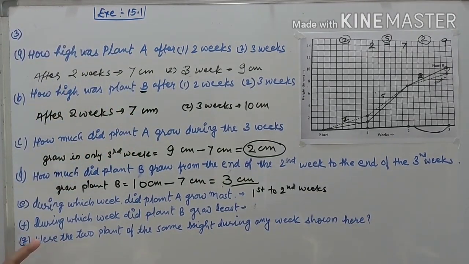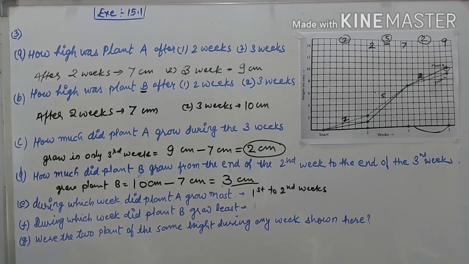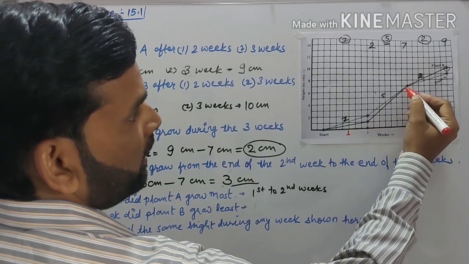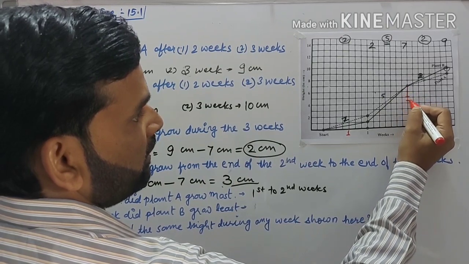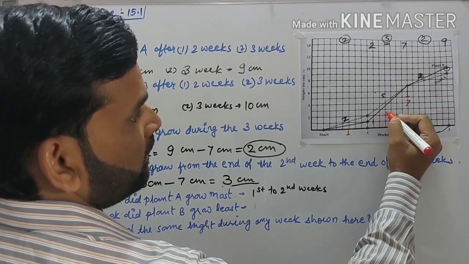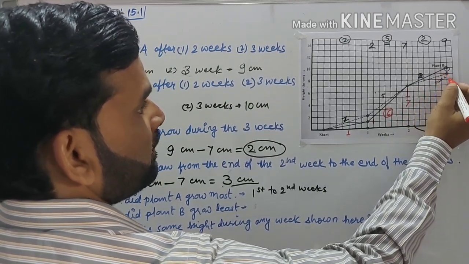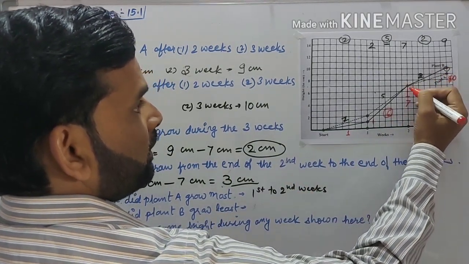Okay, and during which week did plant B grow less? Okay, the least. So for B, let's look, listen to me. In B, it is a regular line. Here from 0 to 1 is only 1, and here it is the same, 1 to 7. Here the point is 7. Here from the point of 1 it is 6, and later here it is 9. Plant B goes from 7 to 10, which is 3.